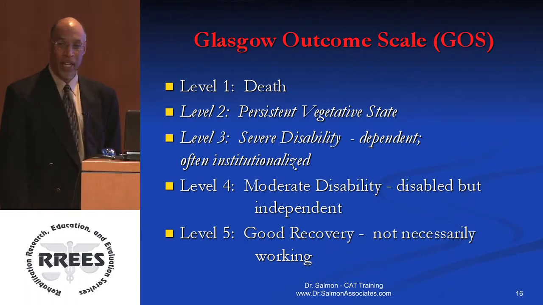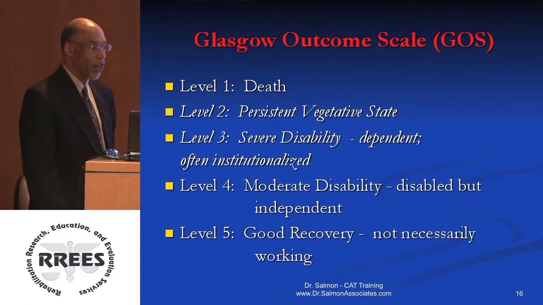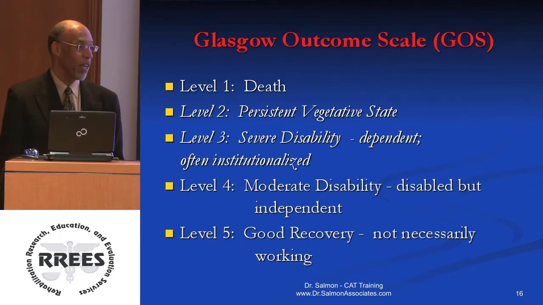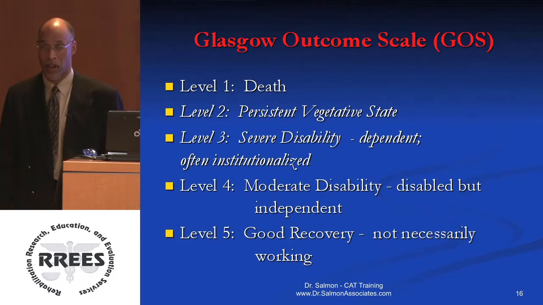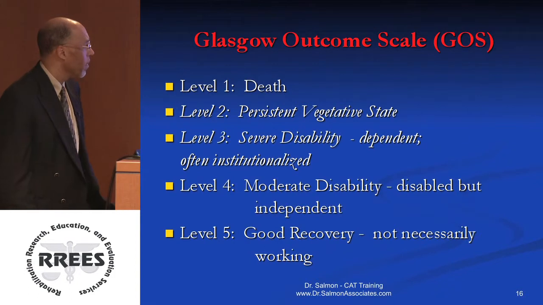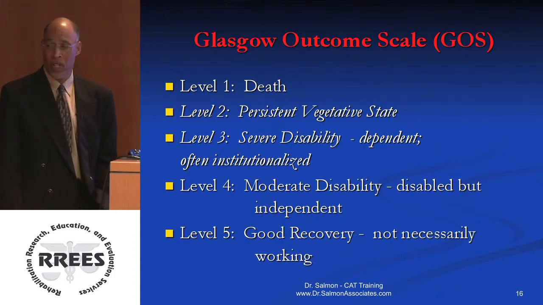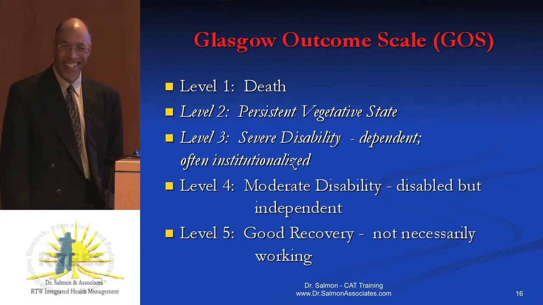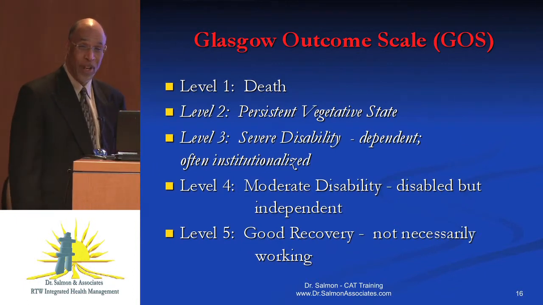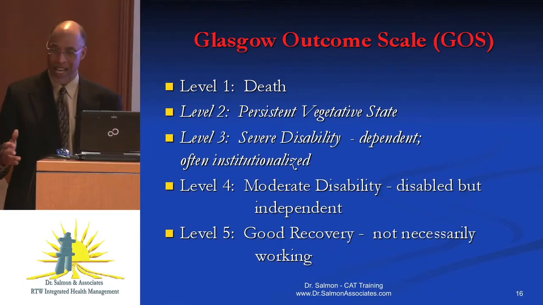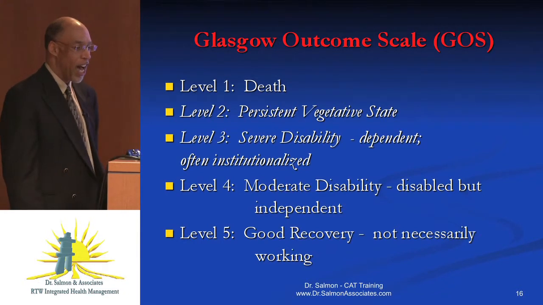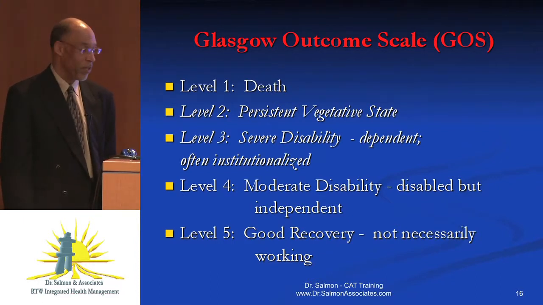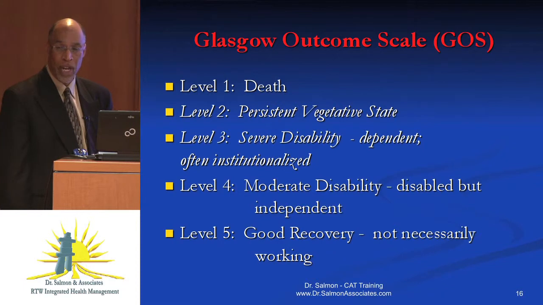Let's get into the Glasgow Outcome Scale at this point now. So basically there are 5 levels of functional recovery that are defined by the Glasgow Outcome Scale. Obviously the first level, we don't have to do an awful lot of functional assessment in that particular classification. Anyone who wants to argue with me, I'm glad to hear your argument. Number 2 is also one that's pretty easy, even a layperson can probably get that one right. So the main issues are between doing more or less a differential diagnosis, differential function analysis between levels 3 and